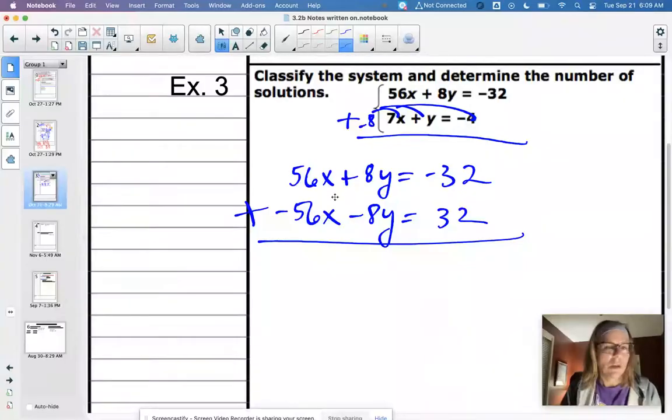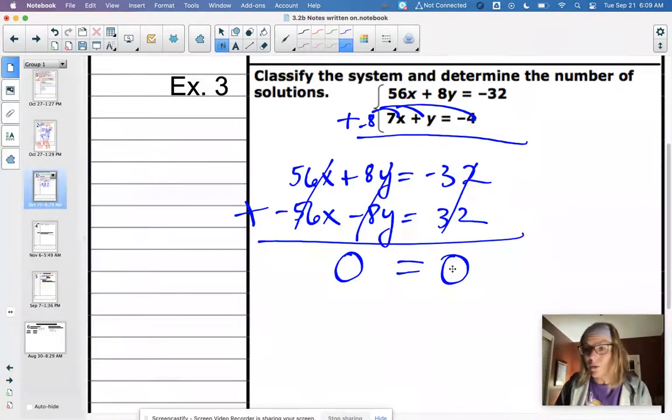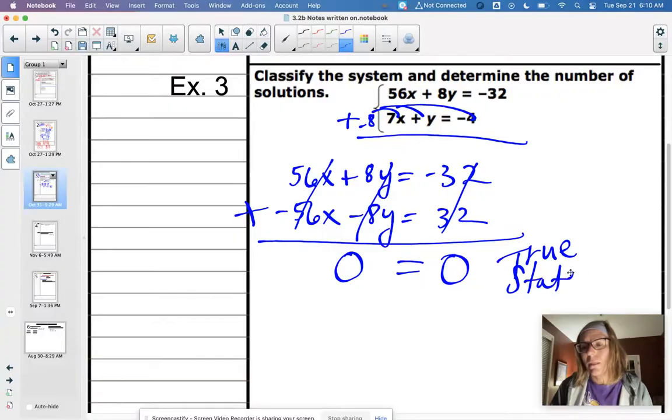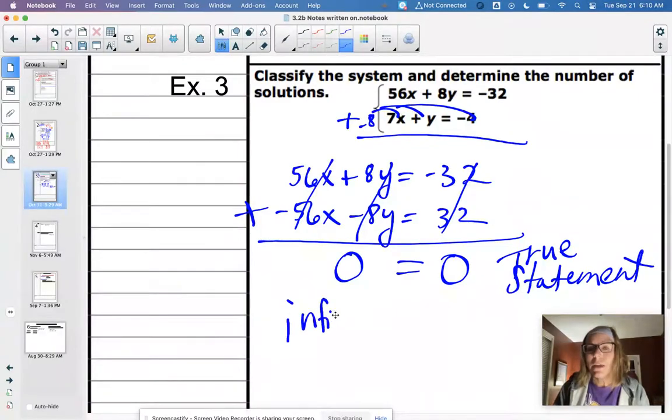Oh, well, those cancel, those cancel, those cancel. So if everything cancels, that's 0 equals 0. Oh, we haven't run across this yet. Well, what this means, you ask yourself, is that a true statement? Yes, this is a true statement. When all of your variables cancel, which they did, it's either going to be a true statement or a false statement. A true statement means that you're going to have infinitely many solutions,